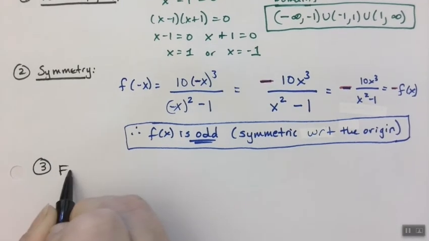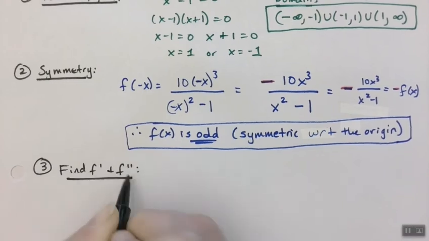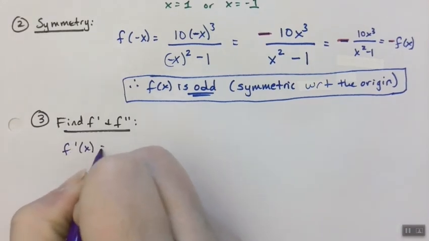Oh well, this is going to need quotient rule. So f prime and f double prime. To do that, let's start with f prime. I'm going to take f prime of x is equal to,